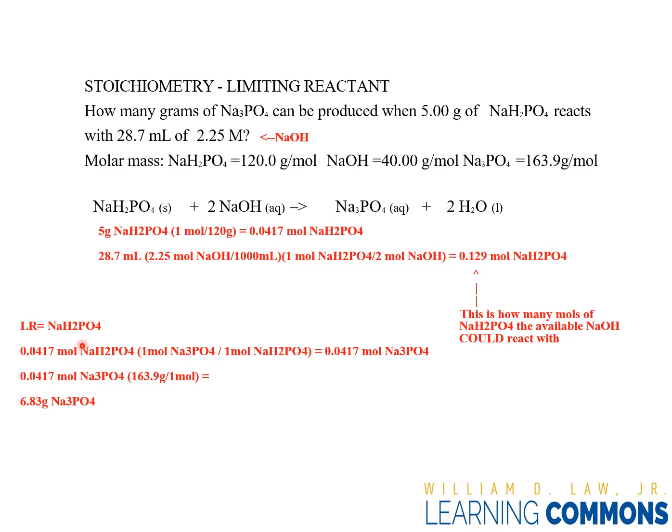dihydrogen phosphate, and after that I know the mole of the sodium dihydrogen phosphate, and if you see the unit is the mole, and I make the mole ratio between the sodium dihydrogen phosphate and the trisodium phosphate, 1 to 1, and when I do the mole ratio I get the same number, 0.0417 here, and if you see the unit is the mole, and